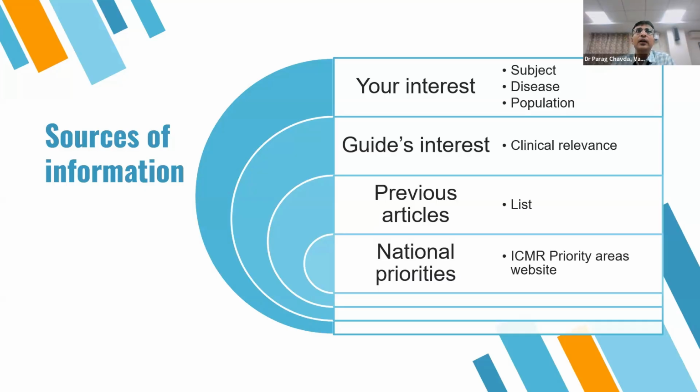So, someone might feel that I wish to do some research among the IT related workers. Someone else might say that in our hospitals, a lot of patients belonging to, let's say, a particular industry come as patients, and that particular industry is nearby and employs a large number of people. So that's an easy population with easy access. So you might do that. If your medical college belongs to a coastal area, there will be a lot of people who will be engaged in fishing as occupation. So you might be having access to fishermen as a community. So that's possible. So if you feel that that's something which interests you, you can do that.